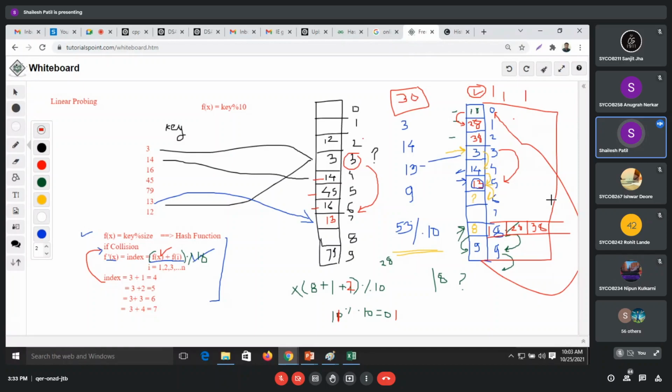So 2D will not work over there. One approach is you can create a separate array for each location. Suppose there comes a number 3, then you will have one horizontal array associated with that 3. In that horizontal array you can place one element, so 3 is there, 13 is there, likewise you can place over here. But still, how much size to keep for this additional array, and how many indices we have to keep? The same thing, 2D and 1D, will incur the same cost. We'll see that later on; this can be achieved by linked list dynamically.